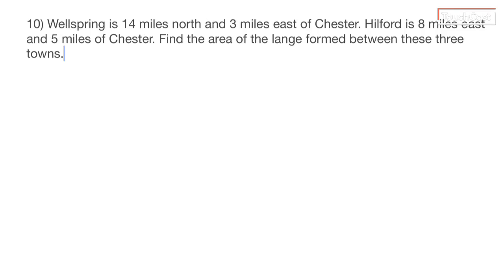We want to find the area of the land. I have some typos here. This should be land formed between these 3 towns. So there we should have north inserted. So we've actually got all the information here. We can set this up as a triangle where we've got a